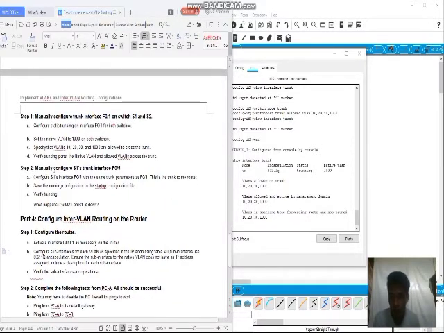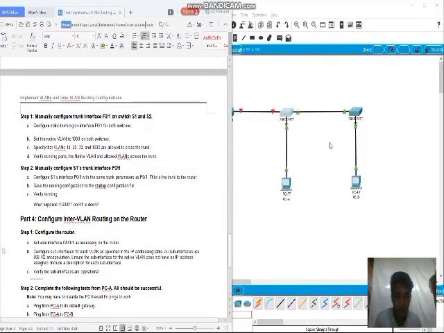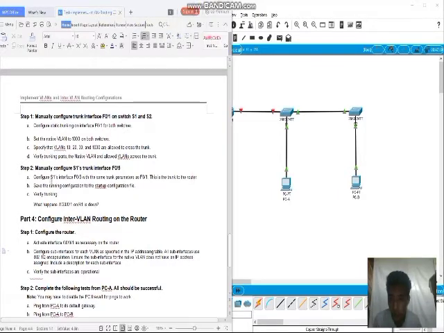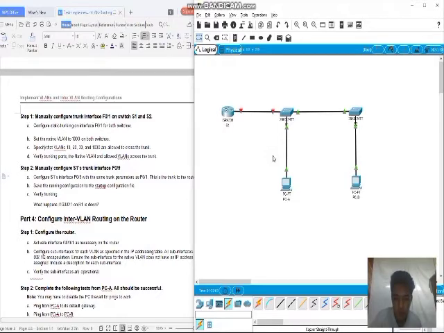And now let's proceed to step 2 of part 3. Step 2, manually configure S1 trunk interface F0/5. So as you can see, F0/5 is connecting to the router. Configure S1 interface F0/5 with the same trunk parameters. This is the trunk to the router. So it will be